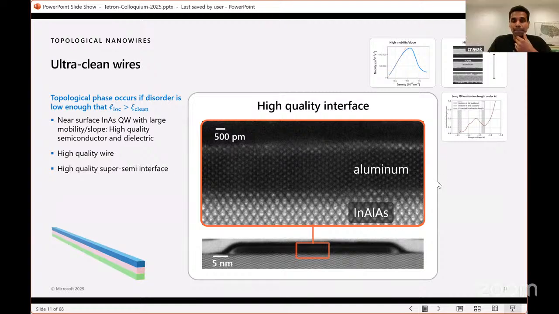Okay, but aluminum crystallinity is not quite clear though. I don't know. Can you see this? It actually is. I think it's quite clear on this length scale. Can you see my cursor? Yeah. So if you look clearly, the bright spots are the aluminum atoms. It is quite crystalline. However, it is not a single crystal. The grain size is somewhere between 50 to 100 nanometers, but the grains